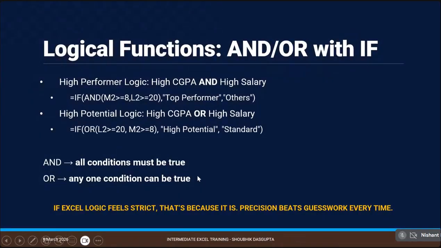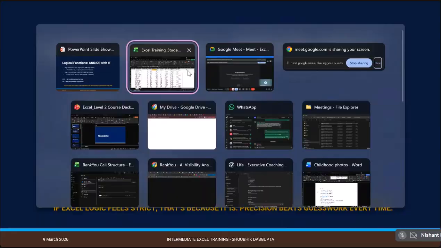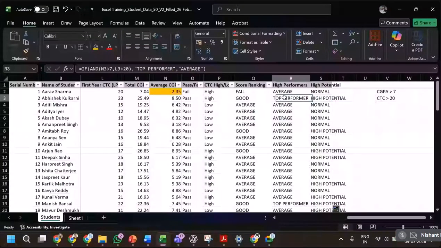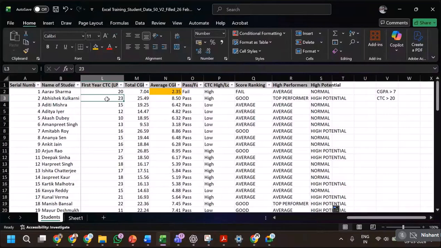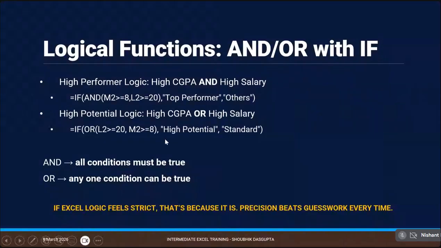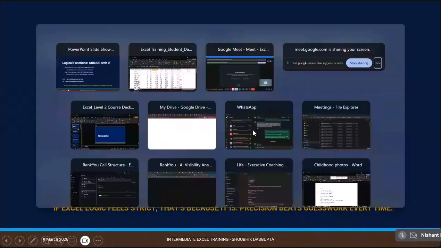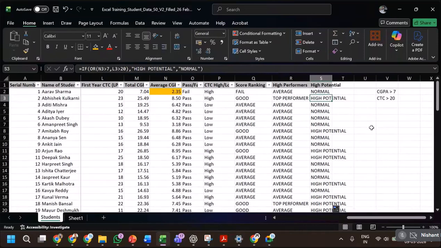Any one condition can be true, but if both are true, then also it shows the same thing. So in this condition, let's say this guy is a top performer because both the conditions are true. First year CTC is higher than 20 and CGPA is higher than 8.5. So it will still show us high potential. Okay. Because anyway, I have not put anything higher than that. So this is something